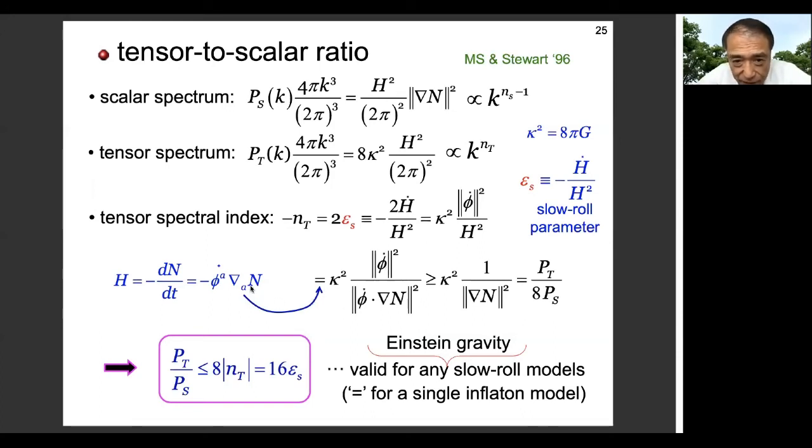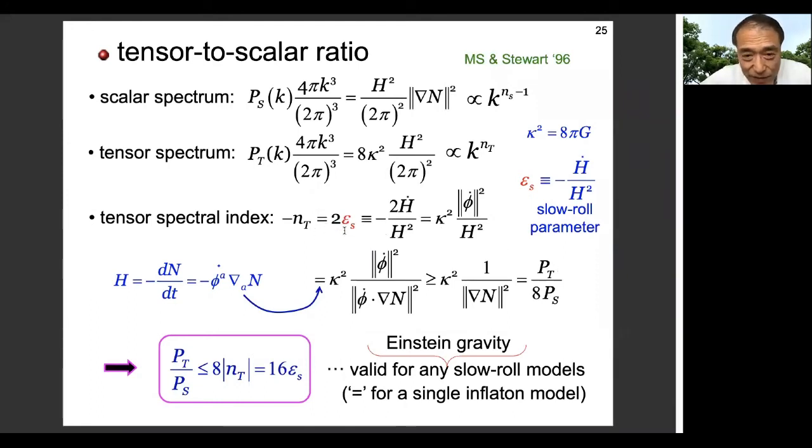And if you insert this here, then using again this Schwarz inequality, this will be greater than this quantity, and this quantity, if you look at the initial expressions, is just a ratio. This is the scalar to tensor ratio, divided by 8. So when you have multiple scalar fields and sufficiently large amplitude, this means that you need some finite amplitude tensor perturbation,